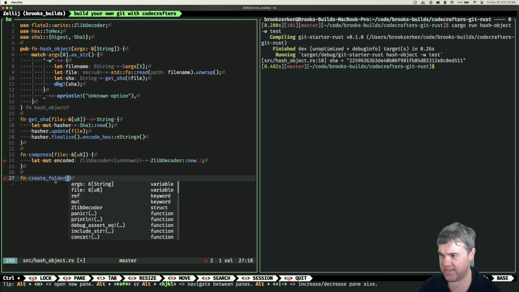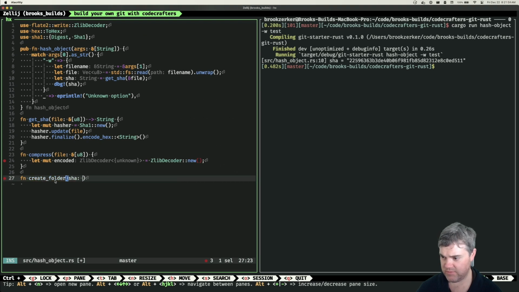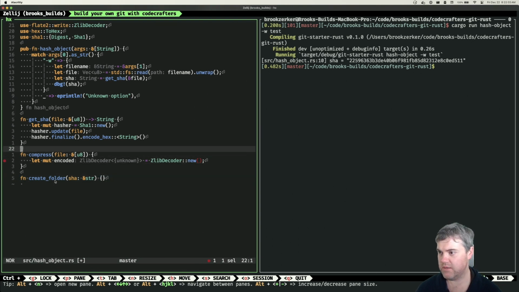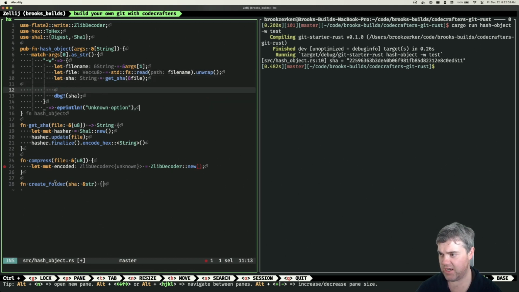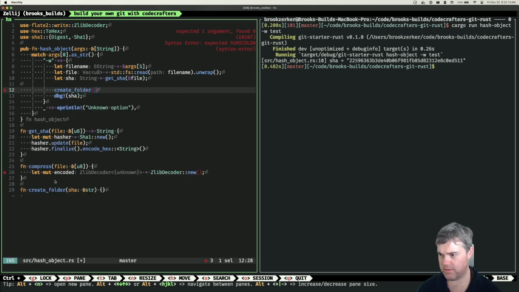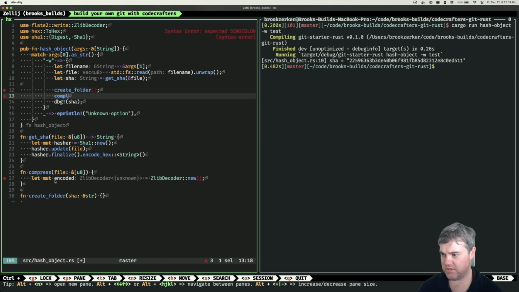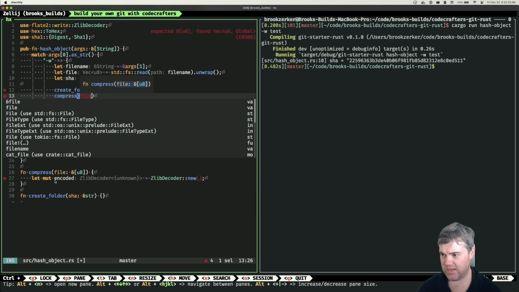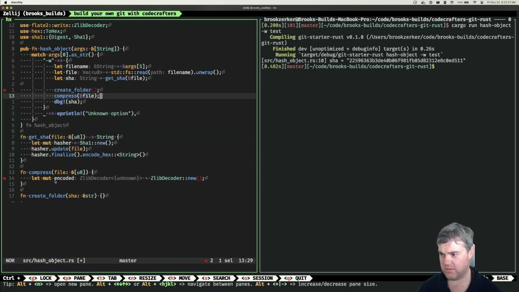So we need the SHA sum, so that could be a str. And then, okay, so the file name is that. Get the file, get the SHA sum. We're going to create the folder. Probably have to put it in there. We need to compress. So we need to compress and hand it in the file. And then